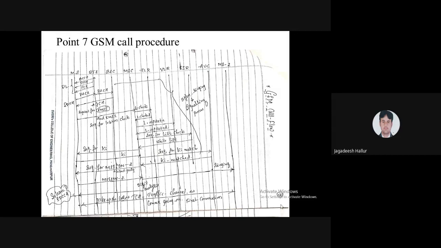Once the user is in the white list, access is opened immediately. If he is in the black list or gray list, access will not be given and it gets disconnected here itself.